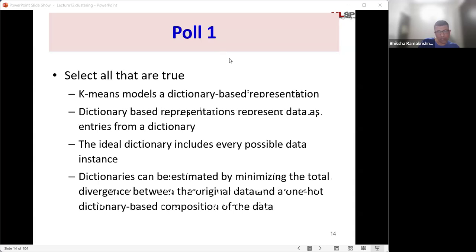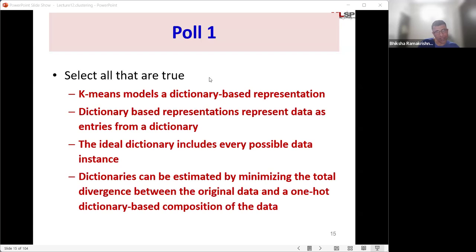And most of you thought all 4 of these are true. Let's see if you're right. Indeed so, right? K-means models a dictionary-based representation. Dictionary-based representations represent data as entries from a dictionary. The ideal dictionary includes every possible data instance. Dictionaries can be estimated by minimizing the total divergence between the original data and a one-hot dictionary-based composition of the data. So I'm assuming at this point, you can see how this actually ends up being